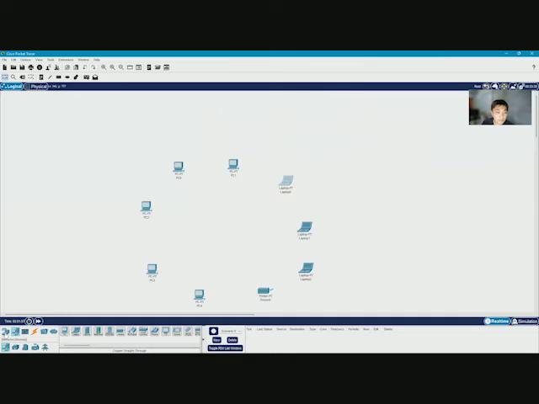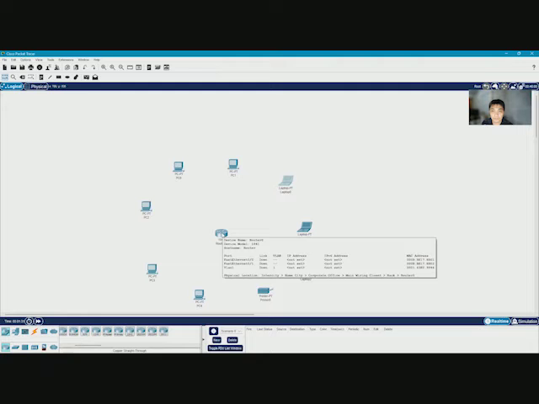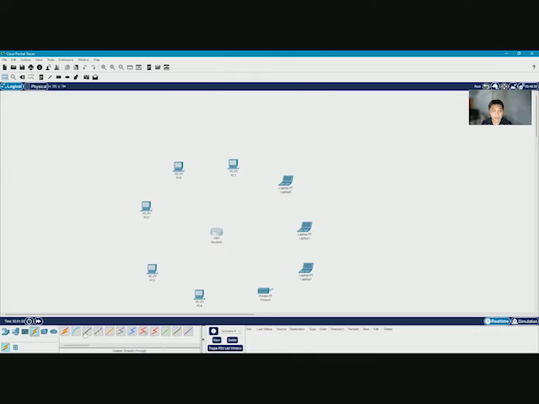Okay, and let's use routers for this connection. Let's use the 1841 router. For the cable, let us use the copper straight-through cable. So Fast Ethernet 0/1, Fast Ethernet 0/1, then